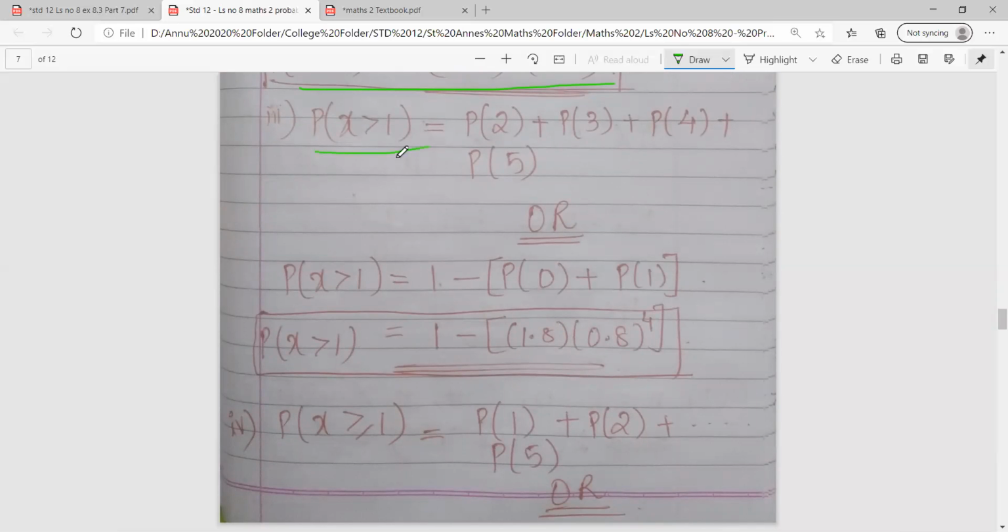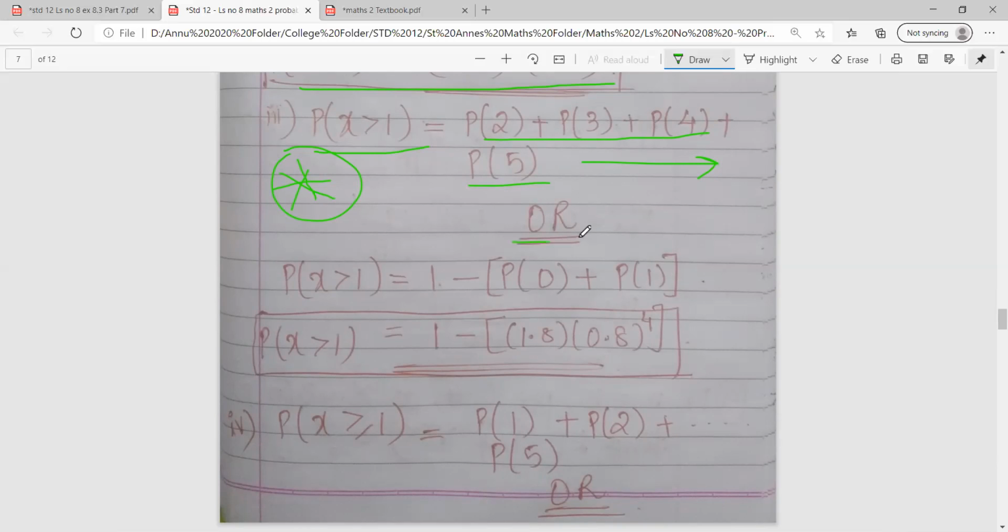Now class, please pay attention over here. This is something which you should know and understand how this is solved. Now they are telling you that there are total 5 bulbs, correct? And they have told you to find out the value of x greater than 1. Now greater than 1 means 2, 3, 4 and 5. All 4 you have to find and then you can add. This is one possibility, but this is very time consuming as well. If you sit down to find all four, it will consume a lot of time, correct?